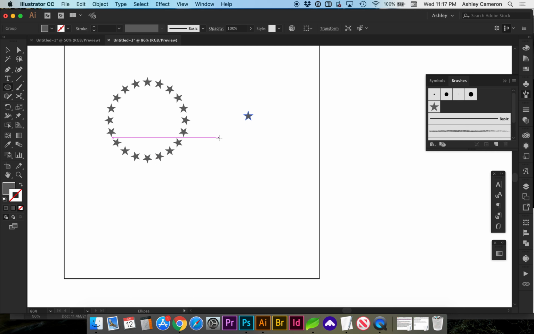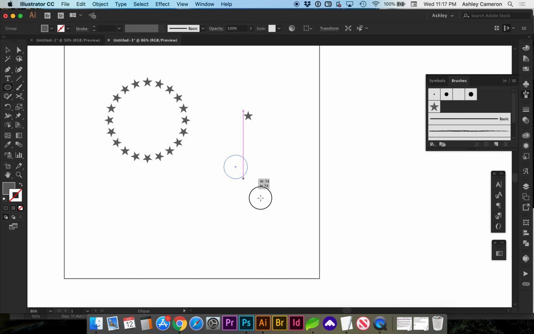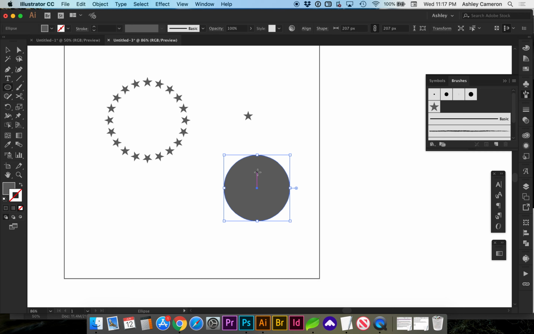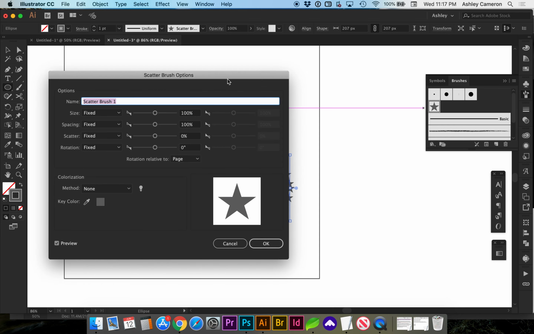Now I'm going to draw my circle, L for the ellipse, holding Shift, and holding Shift X will switch from fill to stroke. I'm going to select the brush, and I want to show you when you double click on the brush,